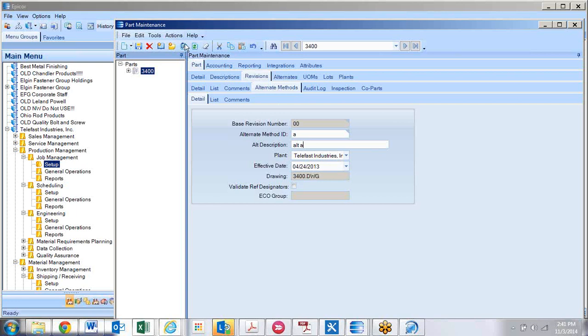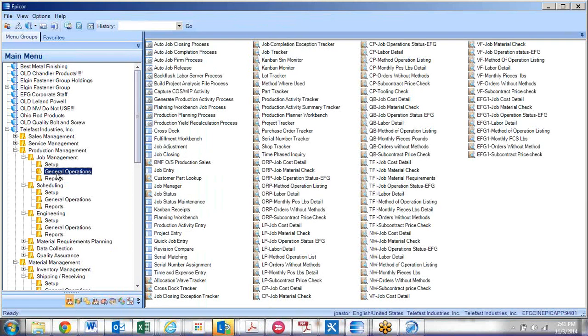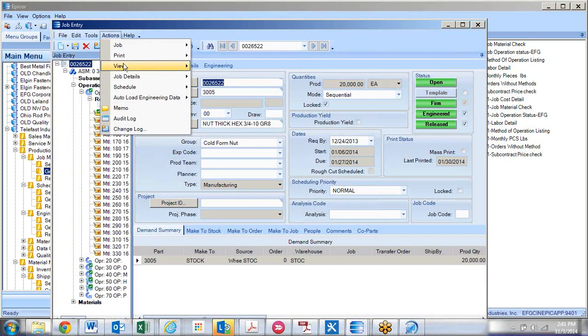And then, again, because this is your live system, I'm not going to save it. Then what happens is when a job is created, and you say, get details,